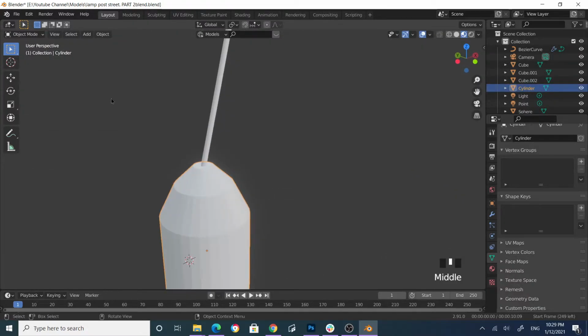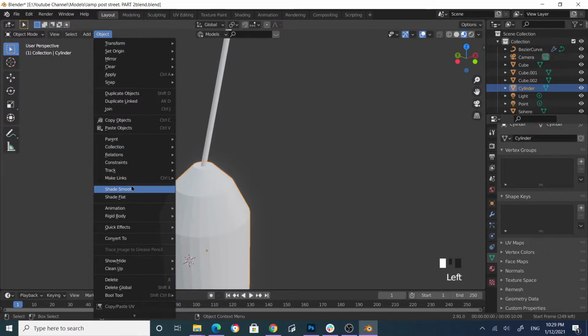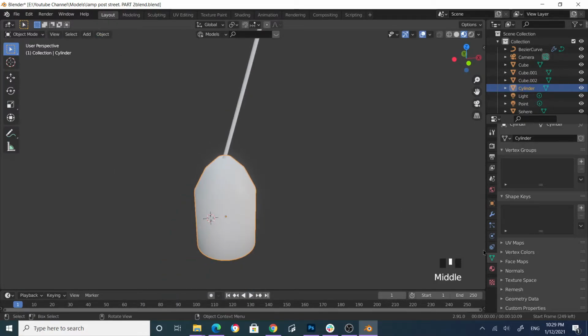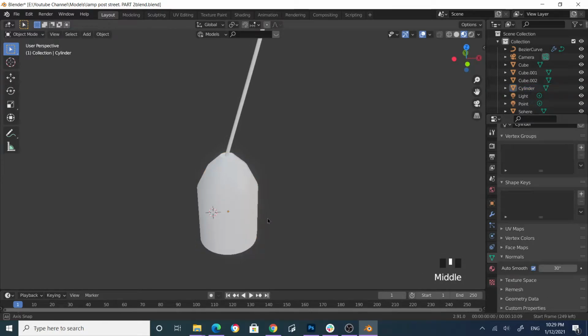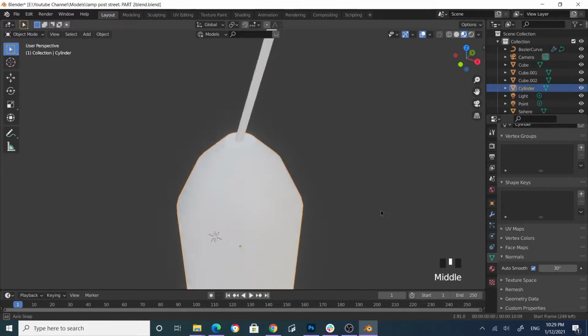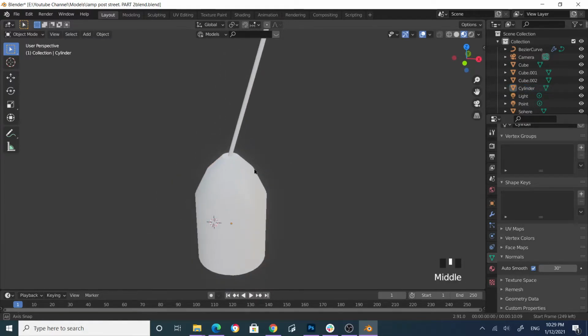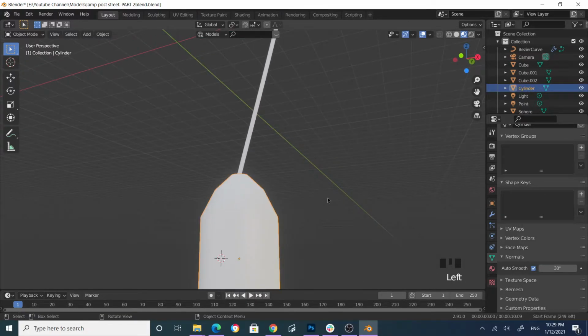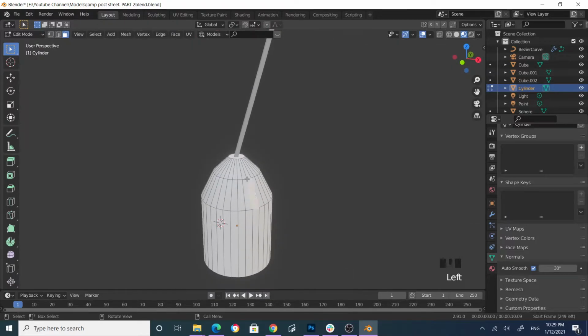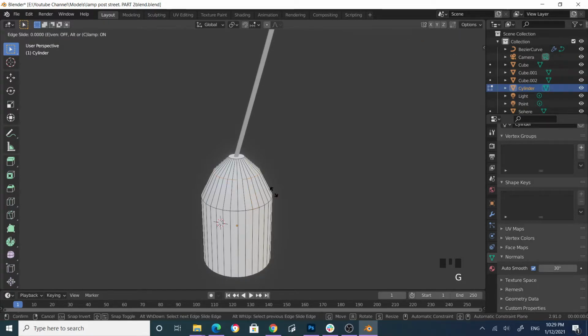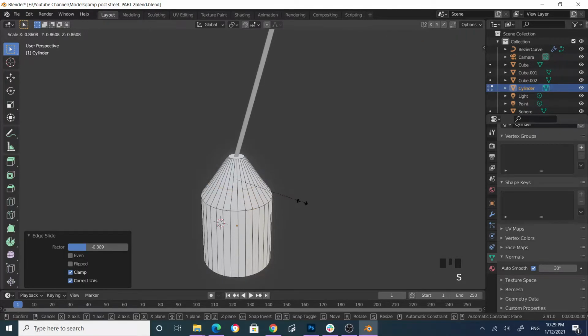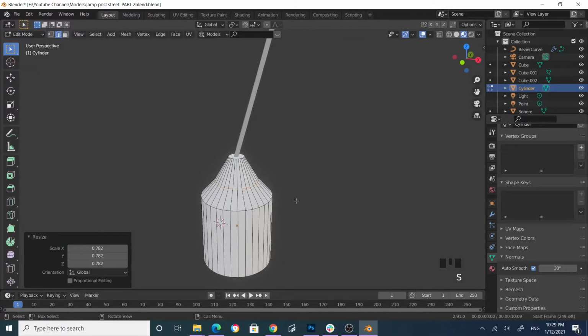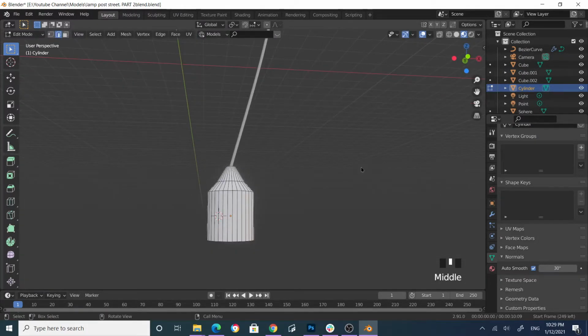Let's do some object shade smooth and go to object data properties, normals, auto smoothing. Okay, let's go to edge selection mode, select this edge, G G, and then scale. I think that way it looks nicer. Tab,